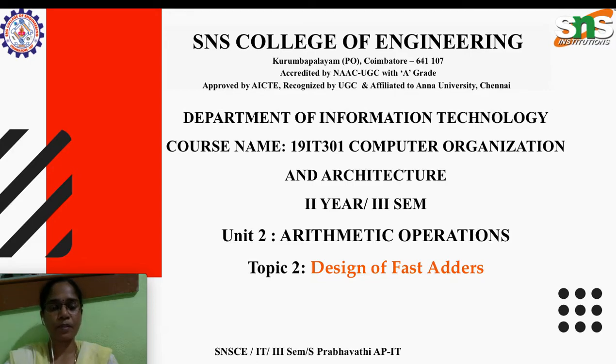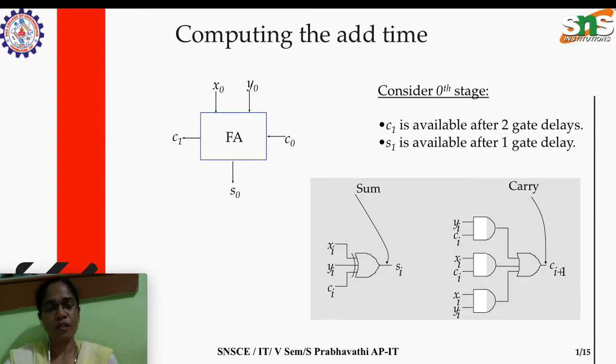To implement signed number addition and subtraction, we have seen a 4-bit full adder followed by a carry. A 16-bit full adder means we need 4-bit full adders. Likewise, in general, k n-bit full adders we have seen. So with that continuation we are going to see the design of fast adders. Okay, so a quick recap.